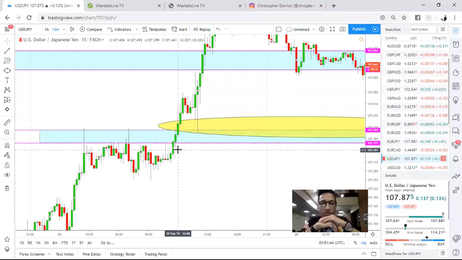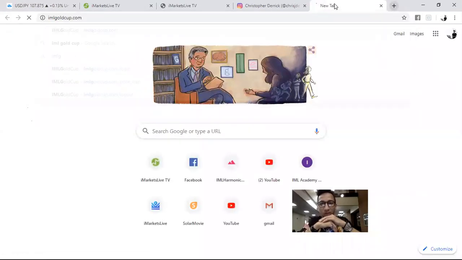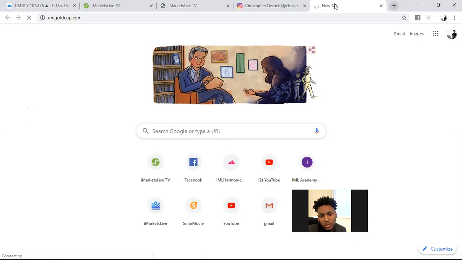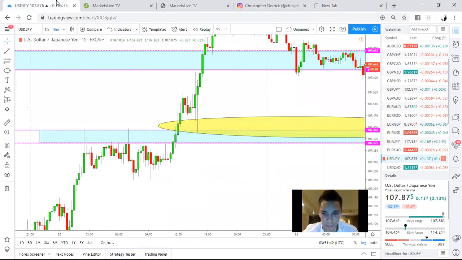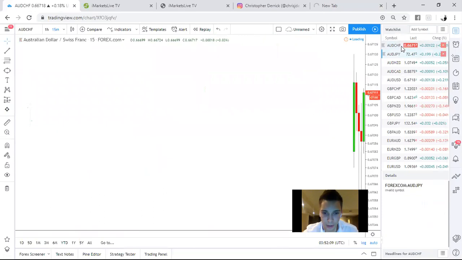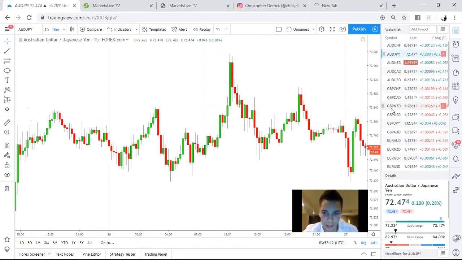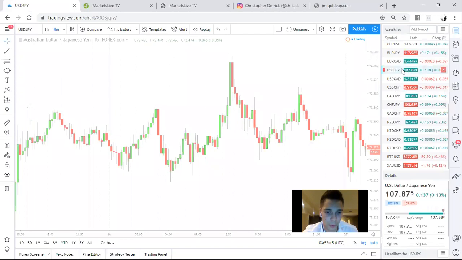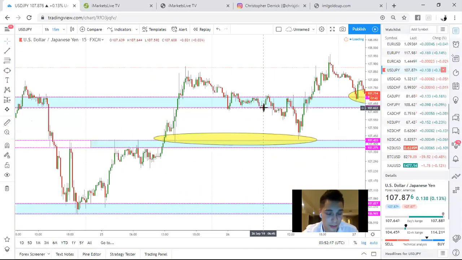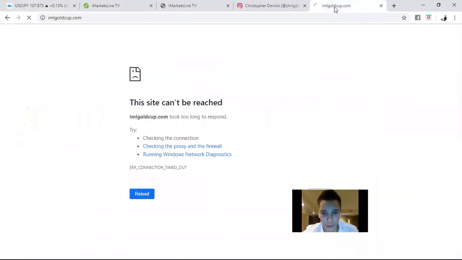Okay. And then as far as pairs, are there any particular pairs that this strategy is a little bit iffy on? No, it works on every single pair. However, when you trap price on every single pair, this is what I found out from just doing this by myself: if you literally go through these charts and mark up every single pair, sometimes it's not going to work out the way you wanted it to, because of what Christopher Derrick does on his,